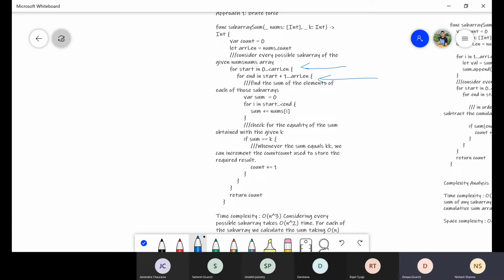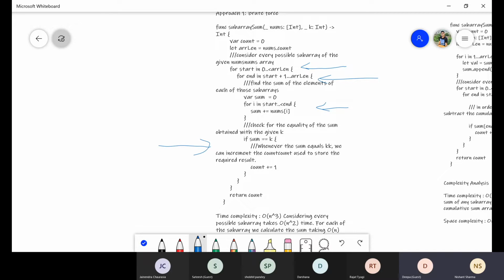This loop is checking only the 0th index because start is 0 and it is less than end. It means we just check the first element right now. If the first element sum is equal to k, then this is one of the results, and I will mark it in the if condition itself.